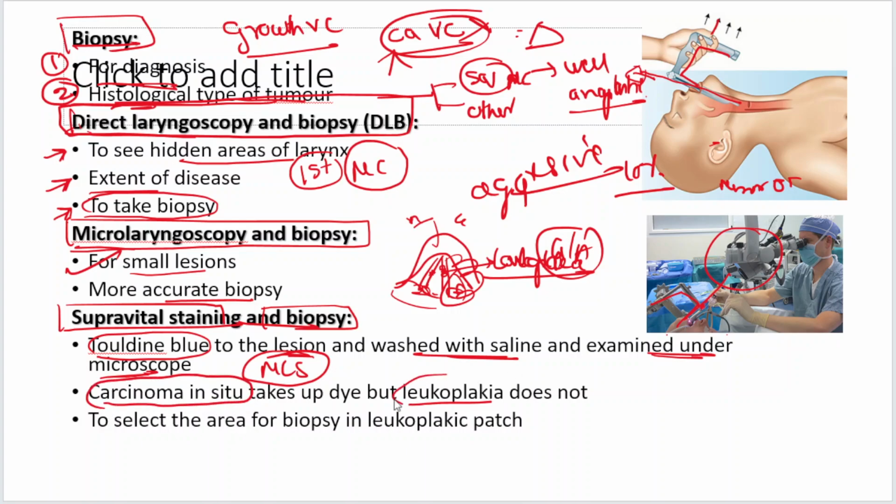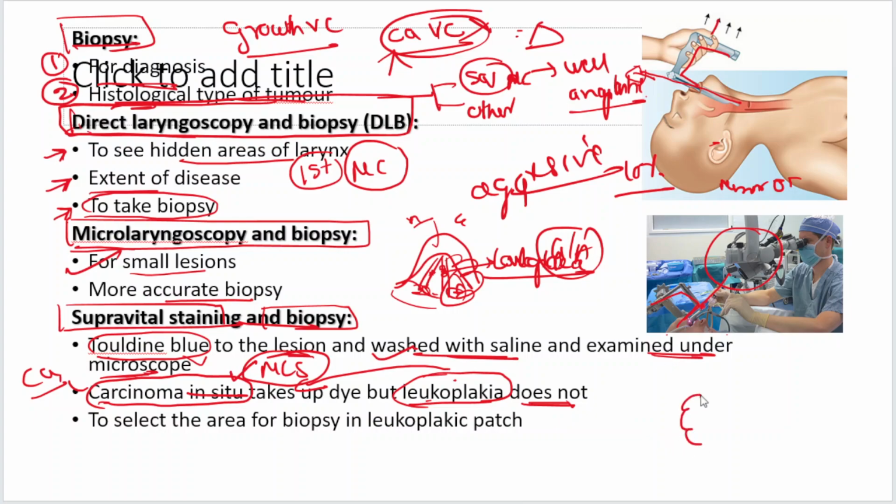First is leukoplakia. This is a pre-malignant lesion. If the leukoplakia progresses, it will become carcinoma in situ. If it progresses, it becomes a carcinoma, right? To differentiate between leukoplakia and carcinoma in situ, you put toluidine blue on the lesion and wash it with normal saline. Leukoplakic patch does not take up toluidine blue. Carcinoma in situ takes up